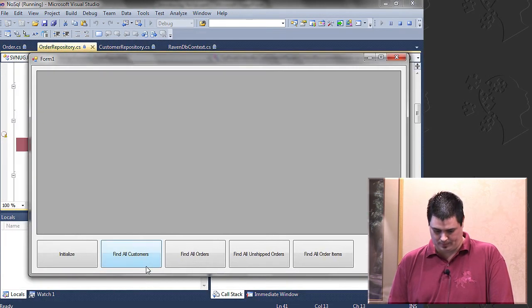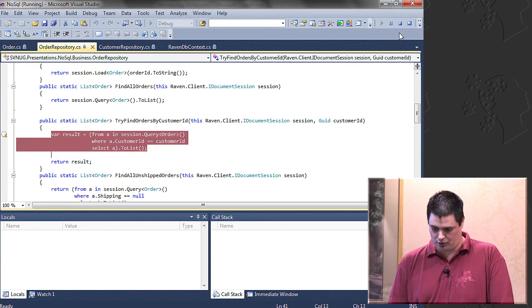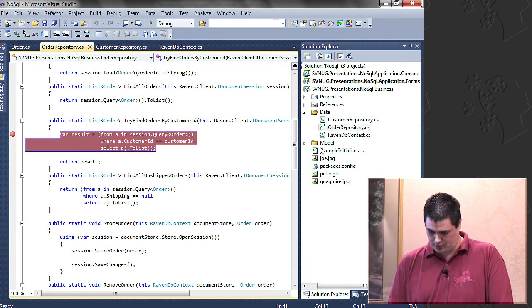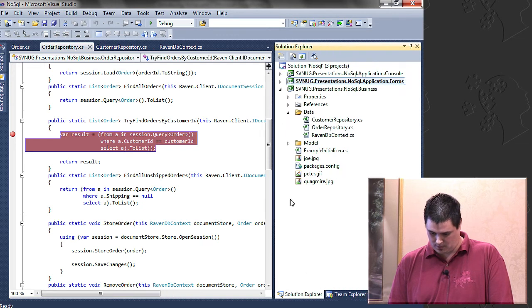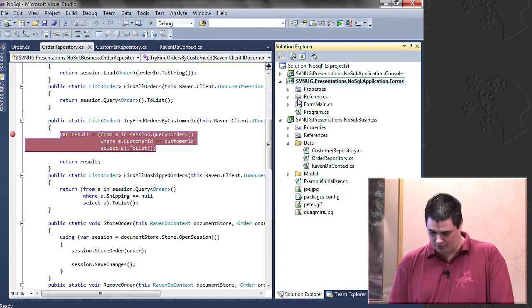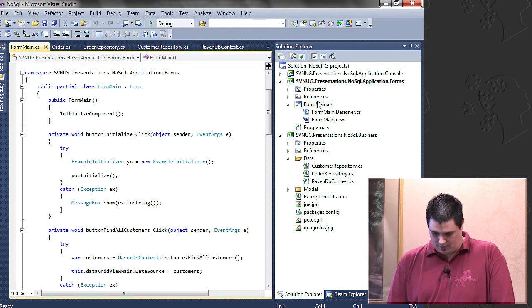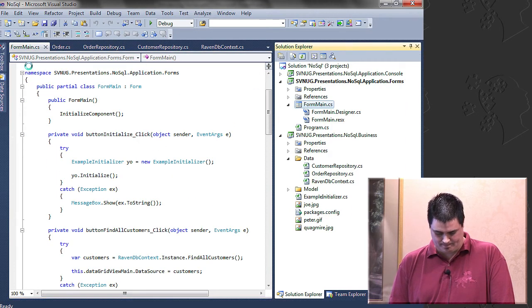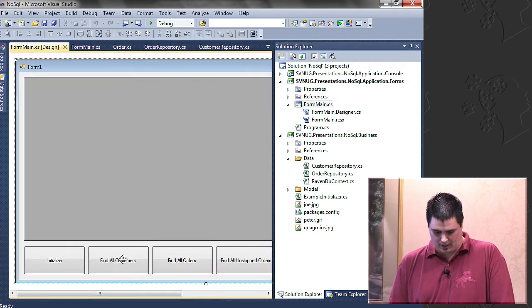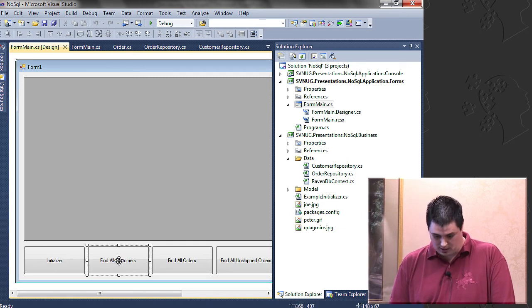Let's see here. So here's a short Windows Forms application. With these very lightweight repository type thingies in here, I've got a form, and I've got a find all customers method, or button.